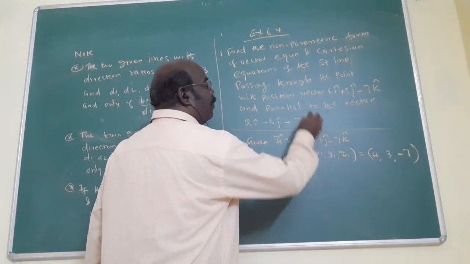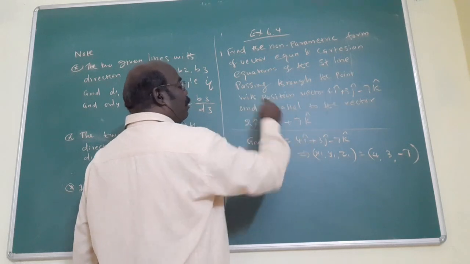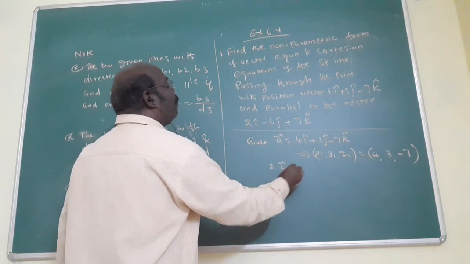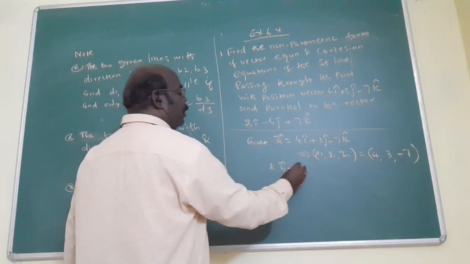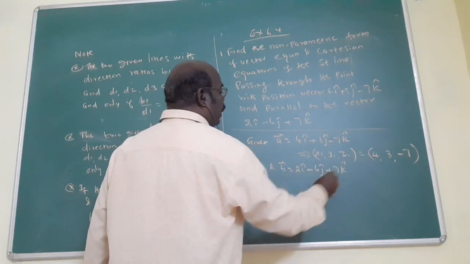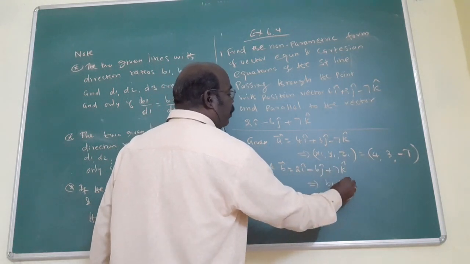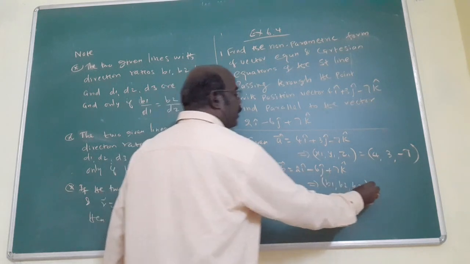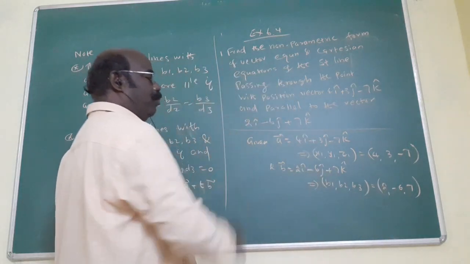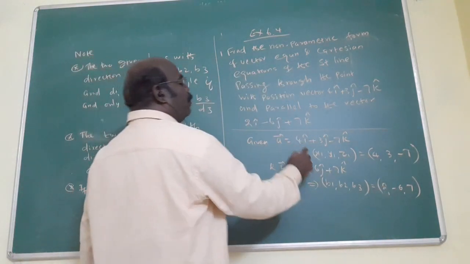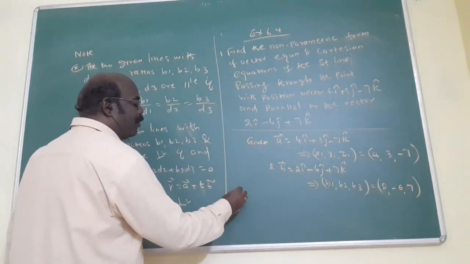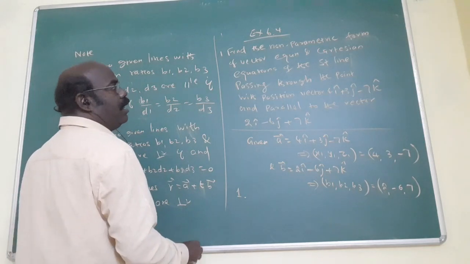We also want the Cartesian equation, as it is asked. For Cartesian, x, y, z is that point, and the parallel vector is what? The b vector equals 2i vector minus 6j vector plus 7k vector. In the formula this has b1, b2, b3. Am I right? This is actually 2, minus 6, 7. In this way, assume. The a vector is given, from this one this is a point. The b vector is given, b1, b2, b3. Now, what is the first one asking? The first condition, what is it asking?